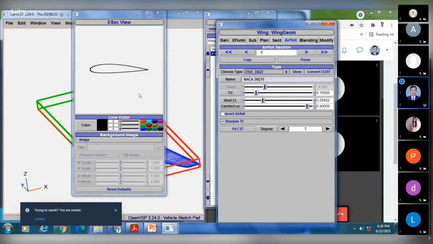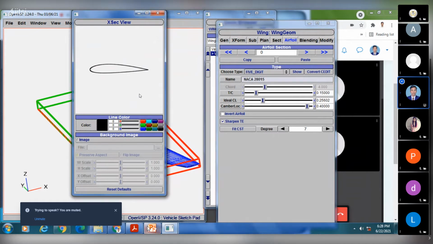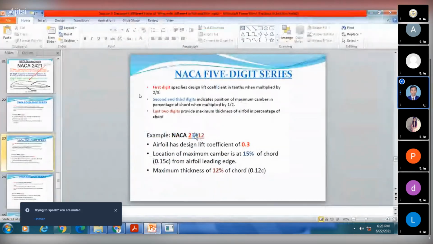Don't worry about the default airfoil. We have the default name, that is 28015. Now we have to change this default airfoil into our required airfoil, that is NACA 23012. So the 5-digit series airfoil we have to add.